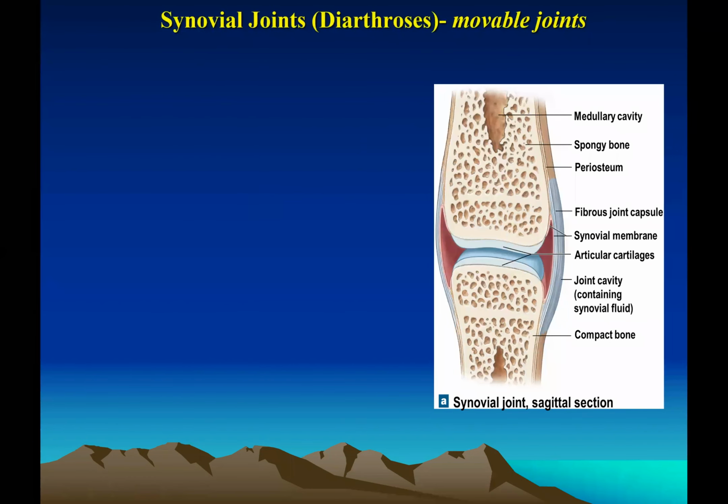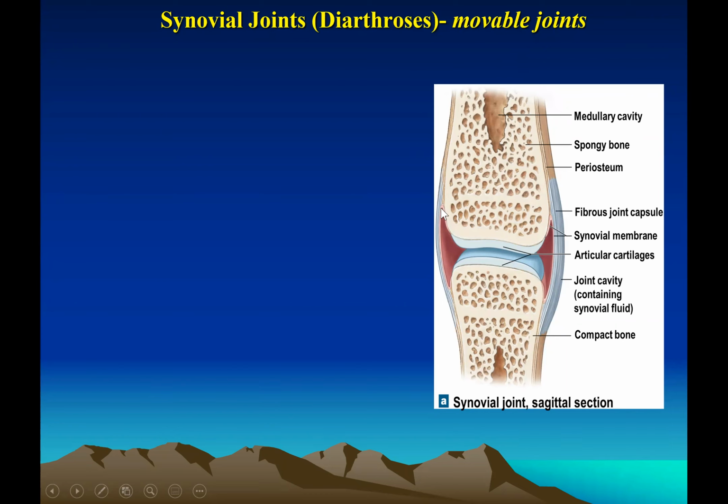And this is the most important joint that we'll be focusing on. Synovial joints are the highly movable joints. They are called diarthrotic joints. So here is a general picture of a synovial joint. They're mainly found at the ends of long bones, and the two articulating bones are bound together by an articular capsule or joint capsule,